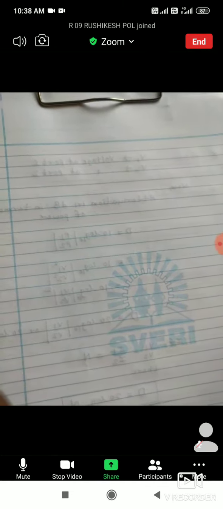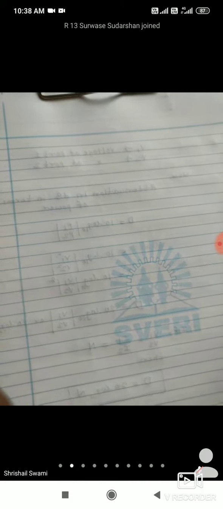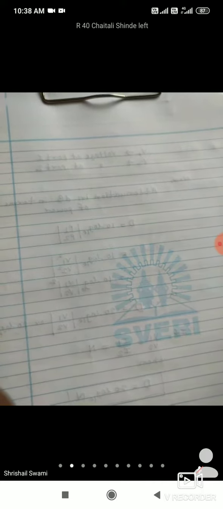In the last lecture, we started the attenuator section, and we saw the introduction with the definition. What do we mean by attenuation? What do you mean by attenuator? What is the unit to measure the attenuation? Then we saw the applications of attenuator, the classification, and after that we derived one derivation which shows the relation between two different units of attenuation, that is Napier and decibel. So this part we completed in the last lecture.